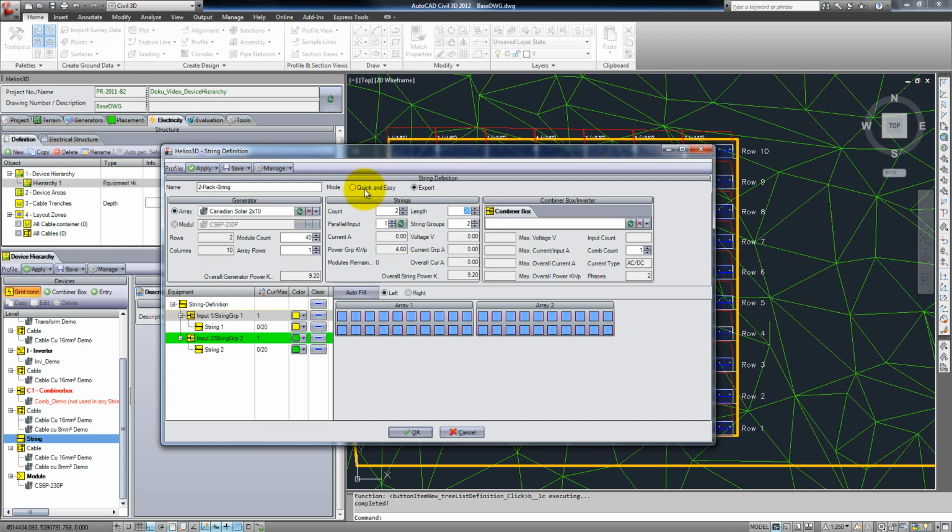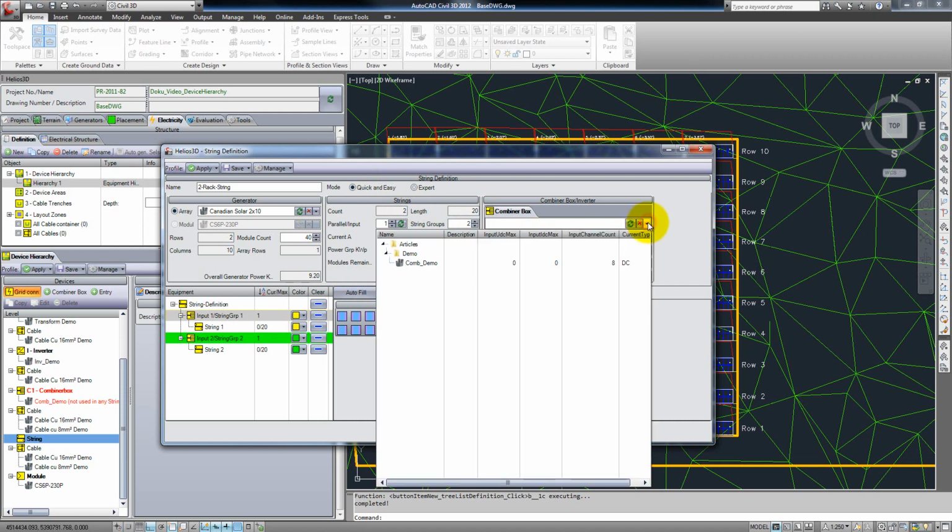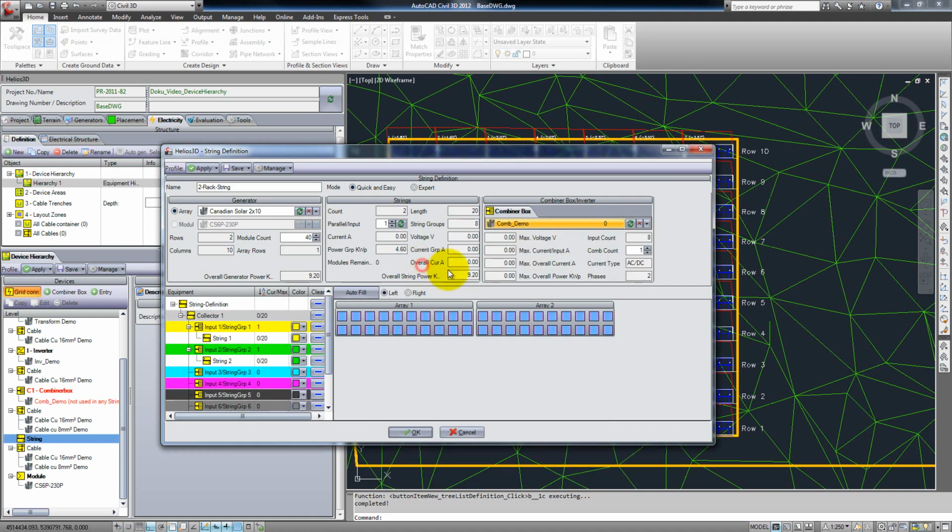and we go back to quick and easy mode because it will fit for the string definition. The last thing we have to do is we have to select a combiner box. Here again we have just one entry because we added just one combiner box to our device hierarchy. And now we can also say autofill, and Helios will create a string definition on its own with the parameters